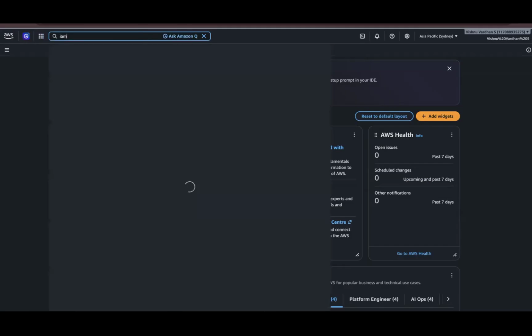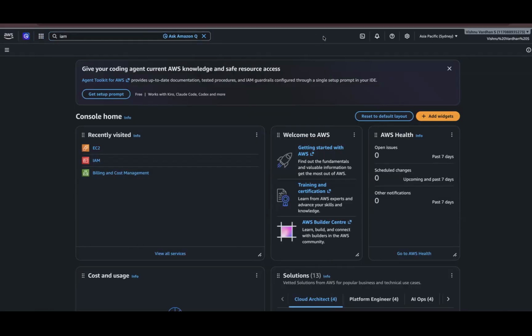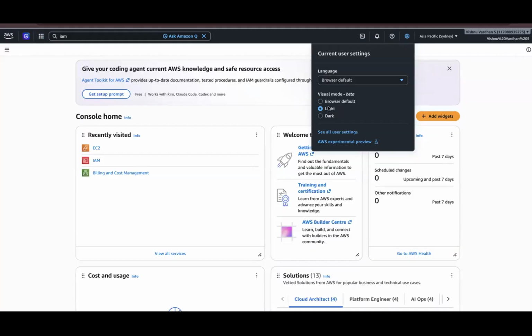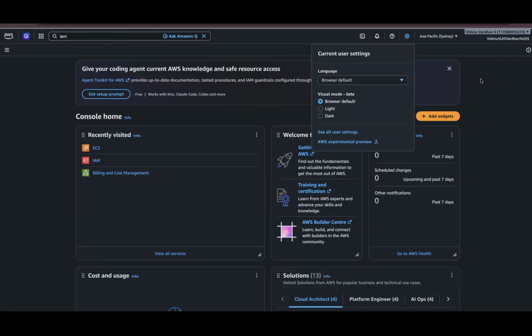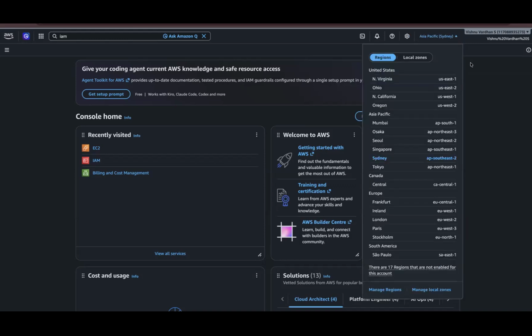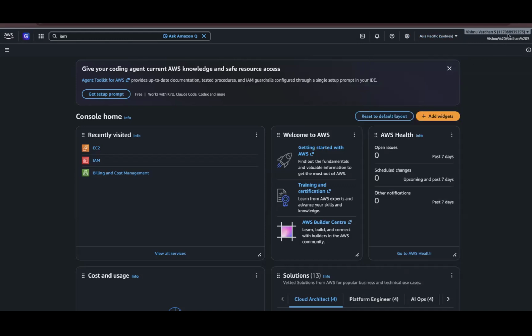You can click on the Cloud Shell button to work with the Cloud Shell console. Notification button, help button, settings button to change some themes, light theme, dark theme, all these things. Here you can see the region I'm located. I'm in the Asia Pacific, Sydney region. And at the top you can see some numbers, right? That's my account ID. Okay, great. So let's go with the lab.